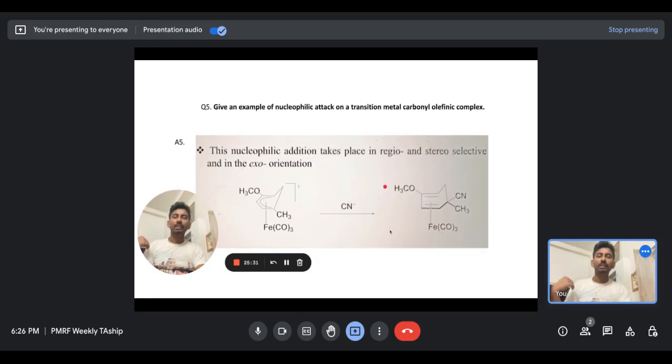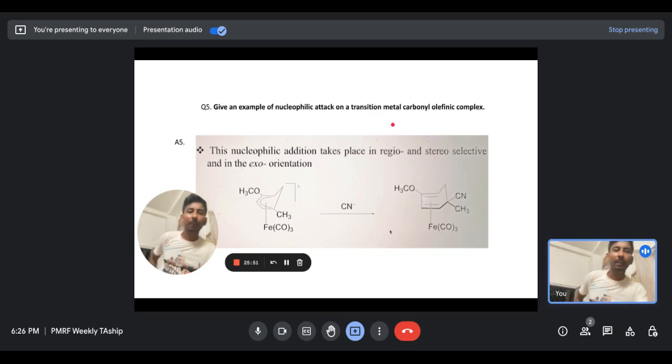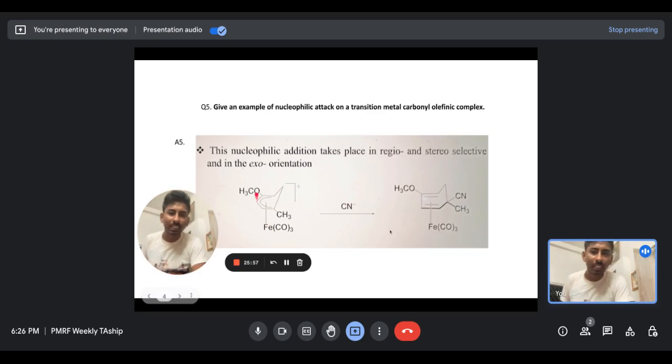The next question is regarding this: give an example of nucleophilic attack on a transition metal carbonyl olefinic complex. This nucleophilic attack is a very classical example where the transition metal carbonyl olefin complex is taken under consideration, where a nucleophilic attack by a very strong nucleophile can be discussed. One of the prime examples that I have taken up here is this moiety, where you can see this